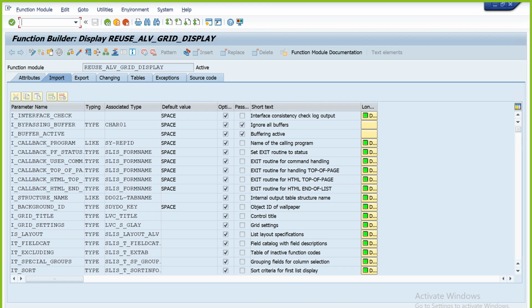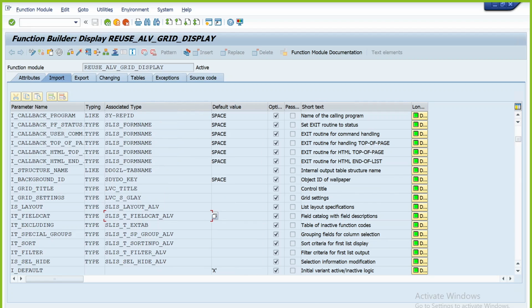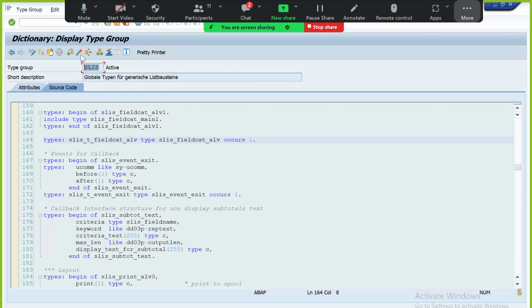Go to import. What is the associated type for the field catalog? This one, right? SLIS_T_FIELDCAT_ALV. Where is it defined? It is defined in the SLIS type group. This is the table type and this is the structure. You can take either the table type or the structure. Take the structure